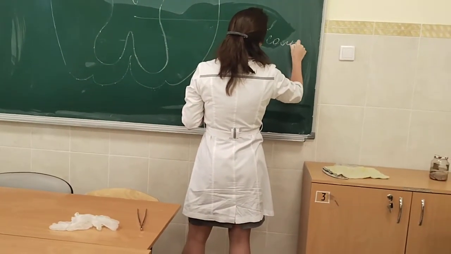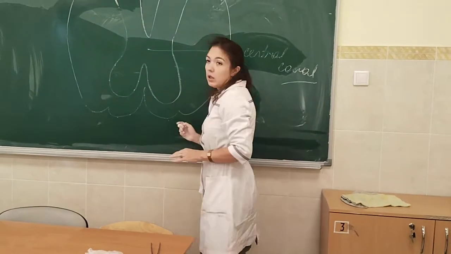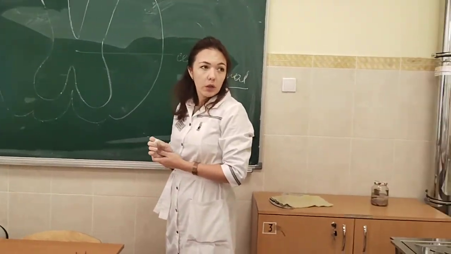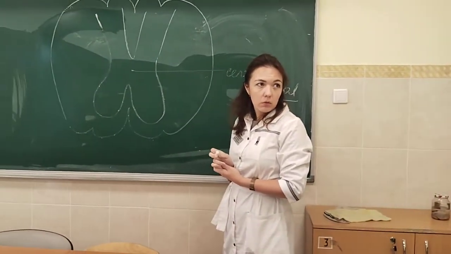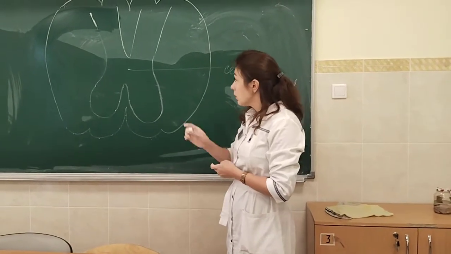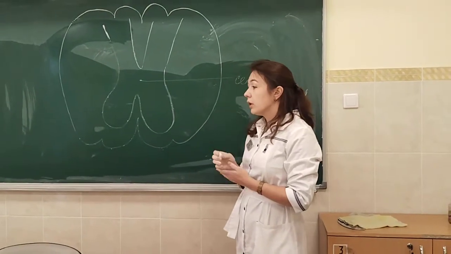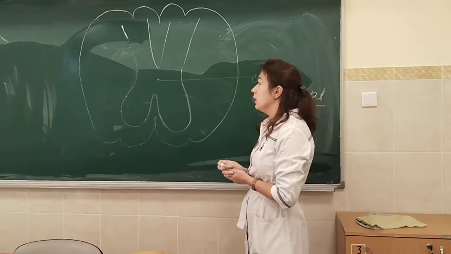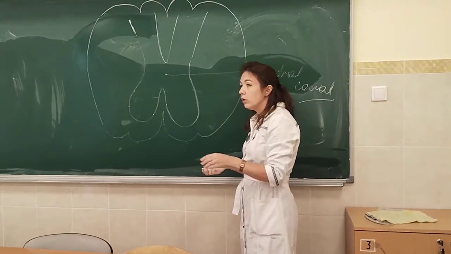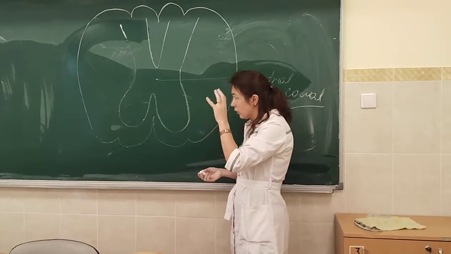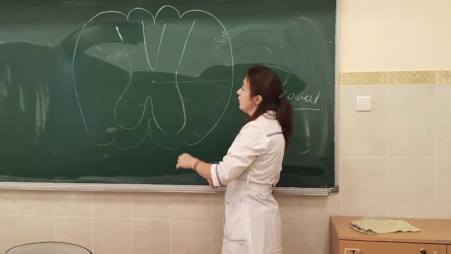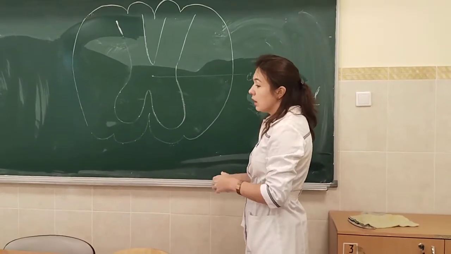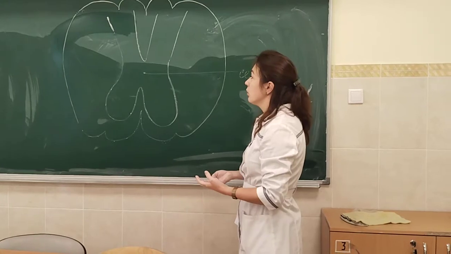The central canal in adult humans is not present at all levels. At those levels where it is present, it is filled with cerebrospinal fluid. Somewhere it overgrows, so it's not present, but still it reminds us